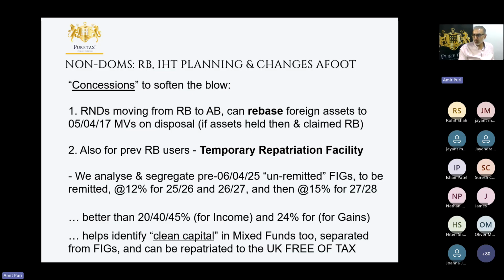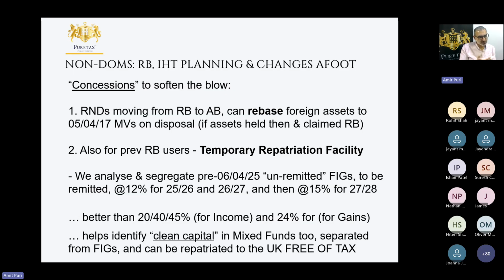And the way that we are seeing it play out in practice is that people don't need to worry too much about the entirety of the funds overseas because once the exercise has been done to identify foreign income, it could be stockpiled interest, dividends, for example. It could be gains on shares or properties. It's only the gain that is taxable, and the income that is taxable that will be liable for this rate of 12% or 15%, because everything else presumably is clean capital.